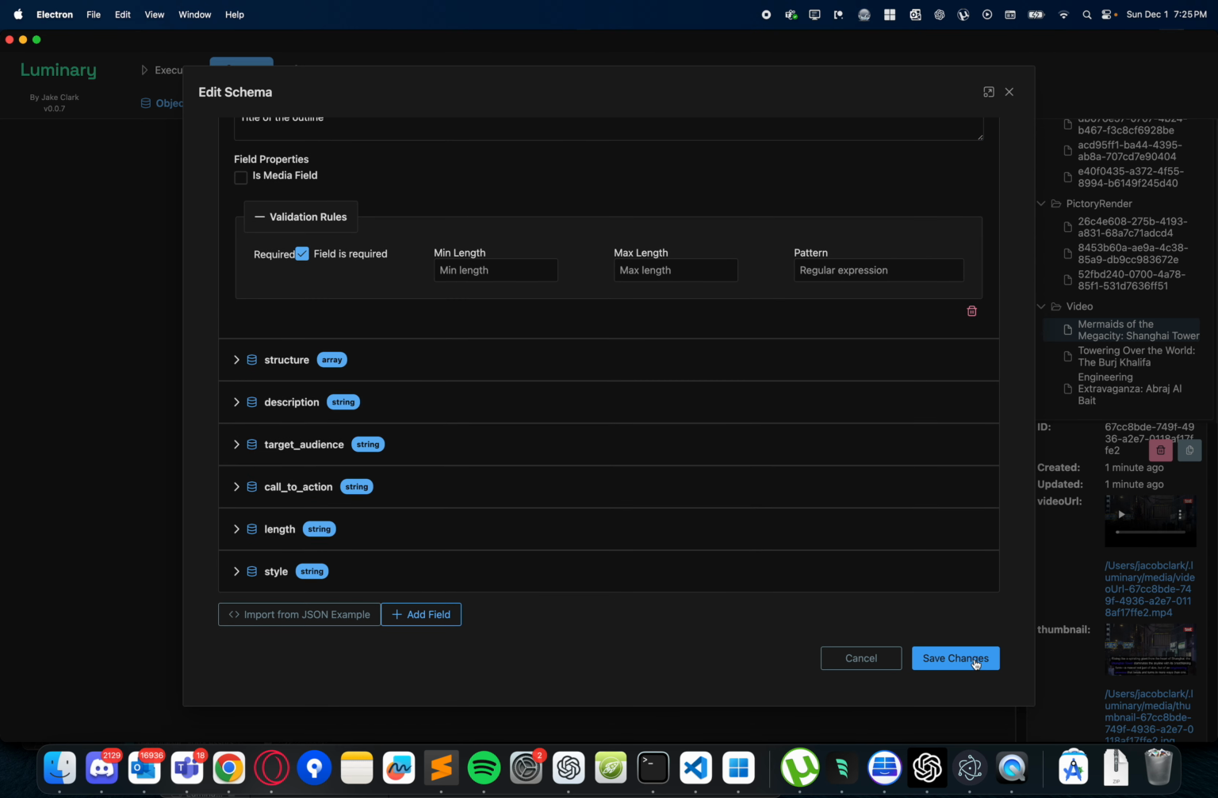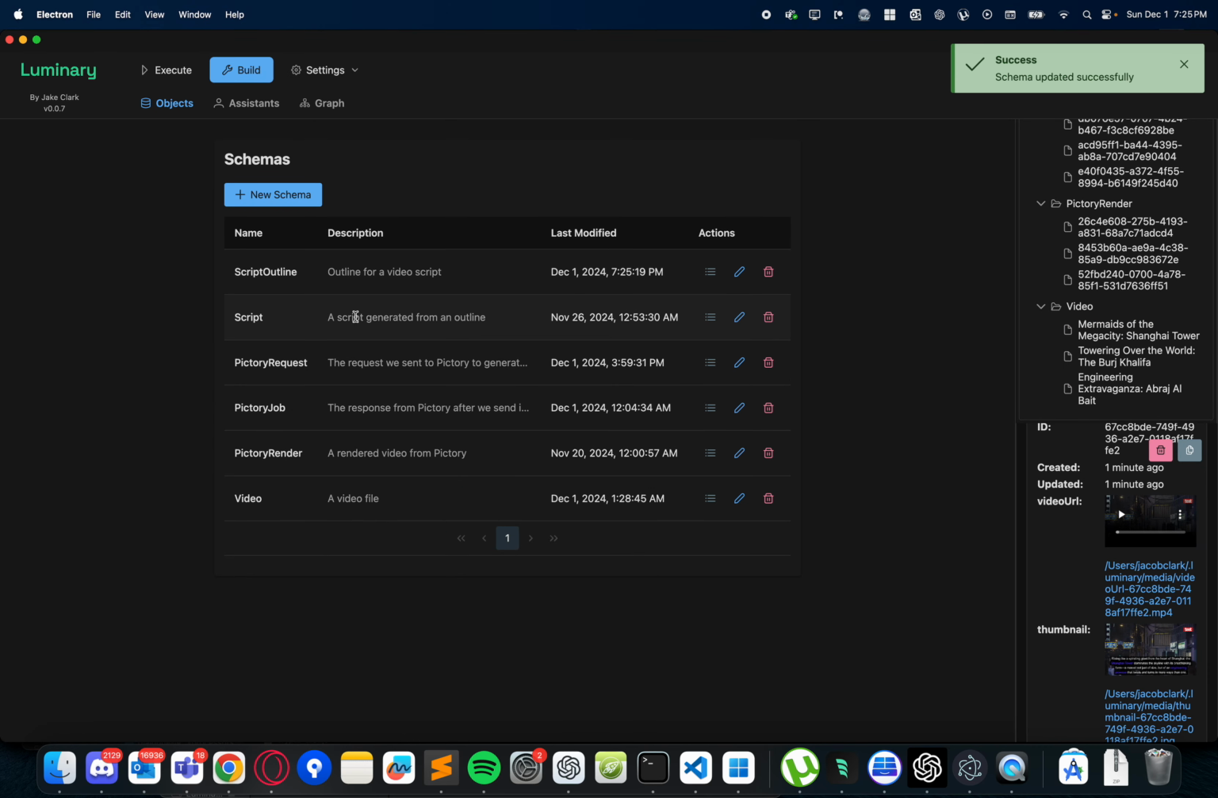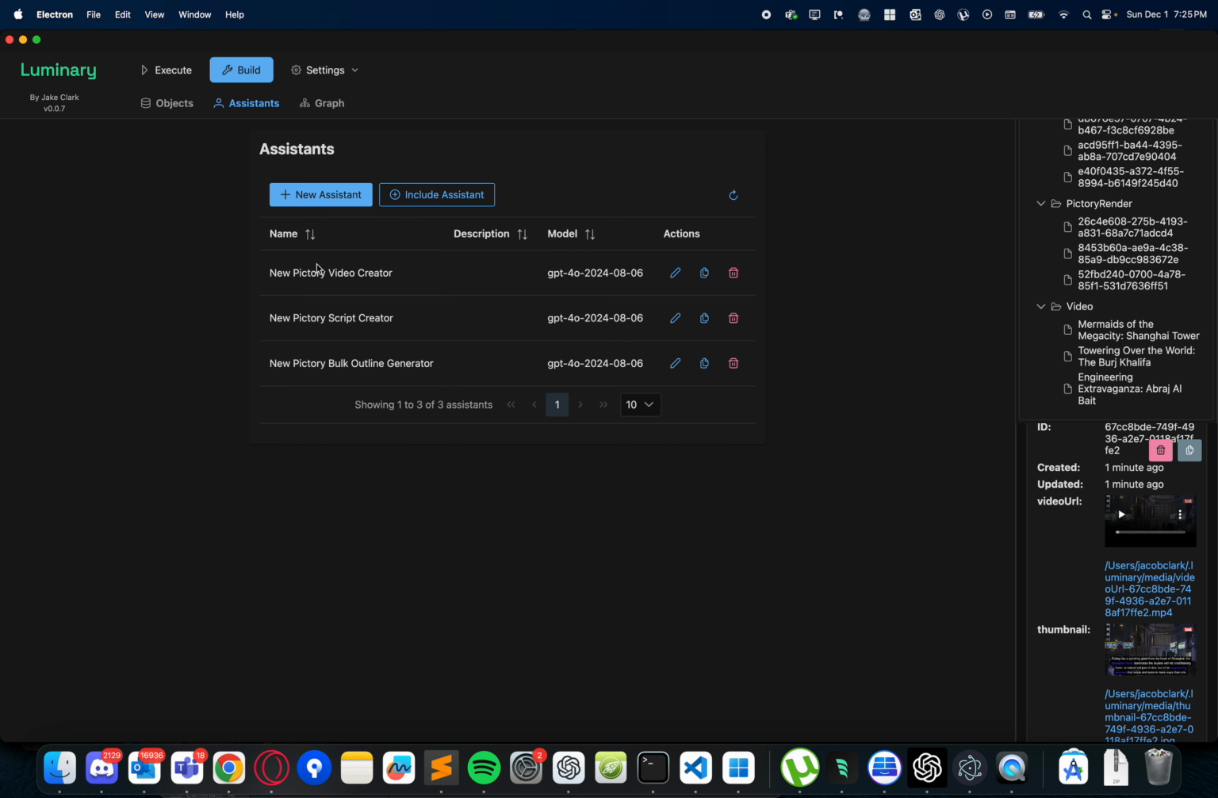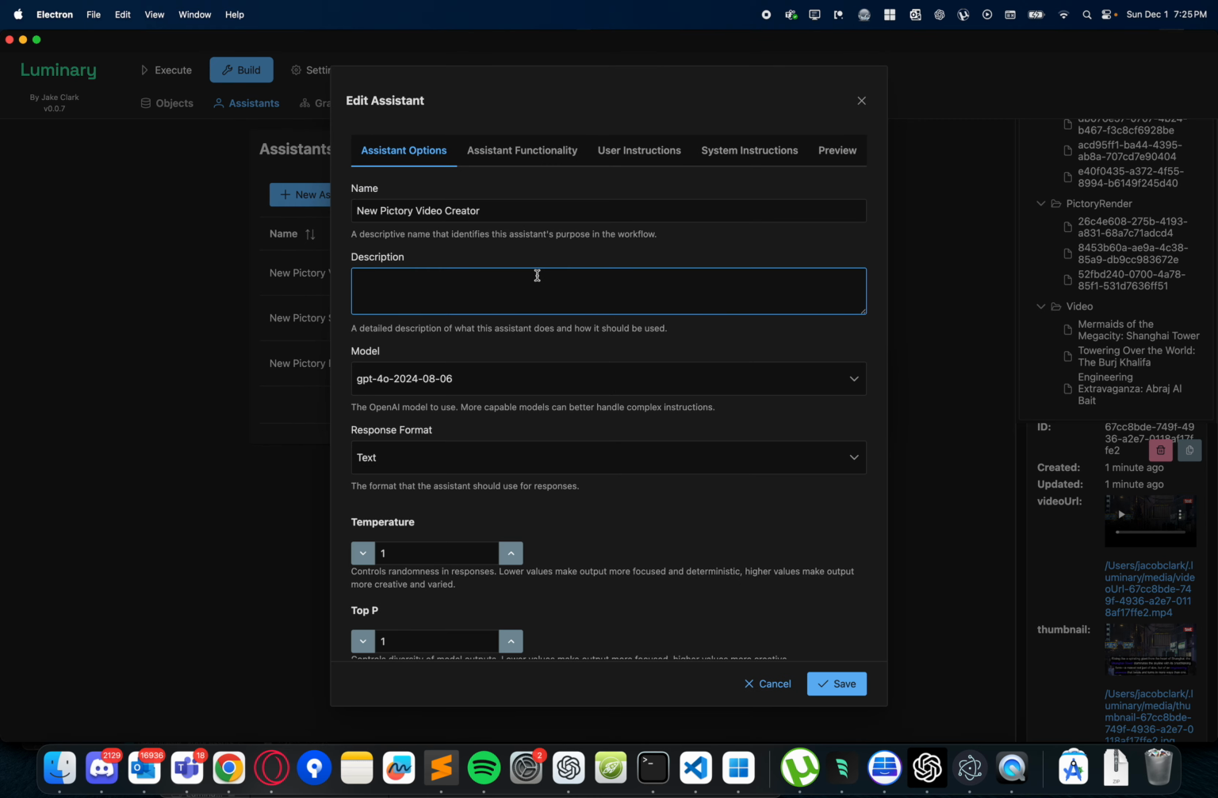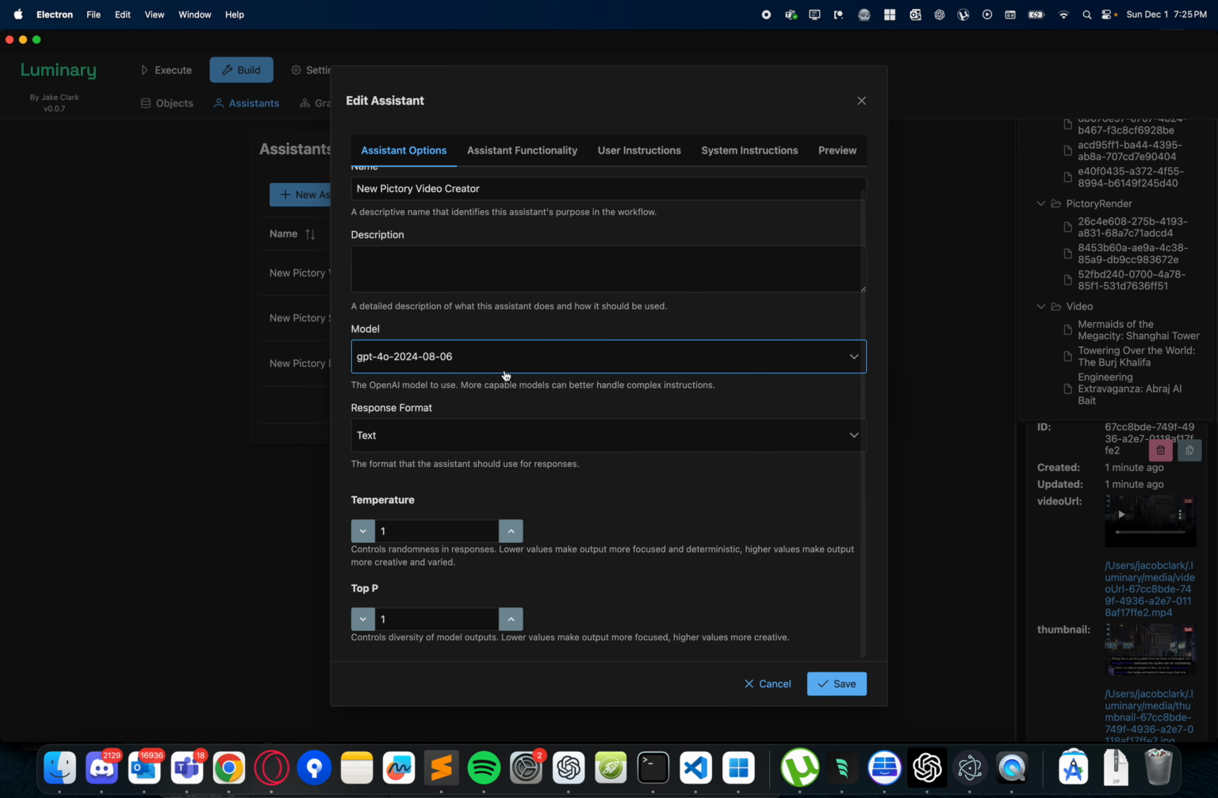So once that's done, you have your objects, and then you go over to your assistants. Normally you create assistants on the OpenAI website. You would go to the OpenAI Playground and create an assistant there. But Luminary allows you to create assistants within the tool. So we'll save it to OpenAI for you, and we'll also save some extra information that we need to run